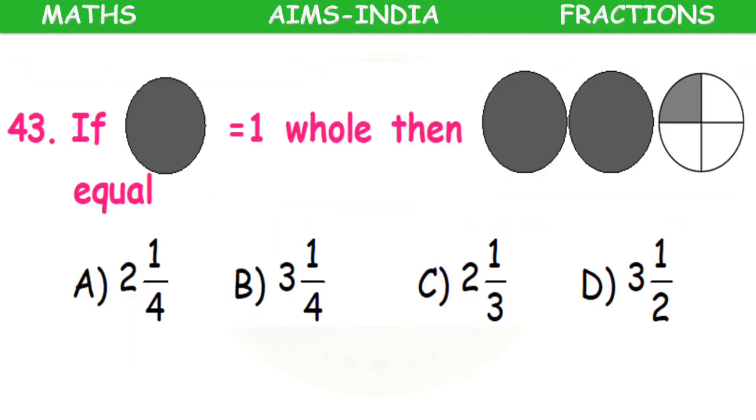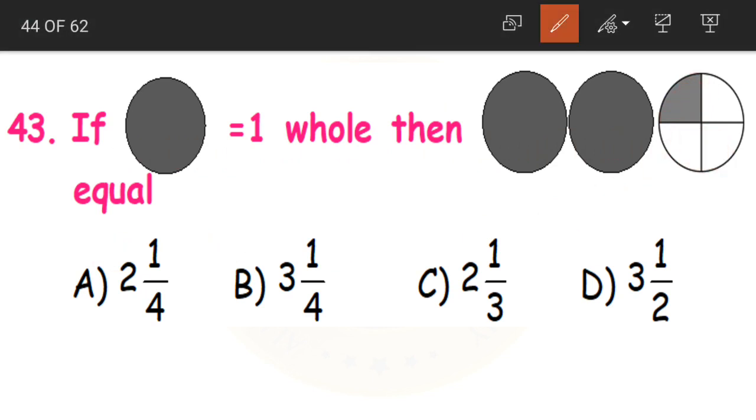Yes. Next question. If one circle is equal to 1, then 2 circles, and then we are having something here, only some part is shaded, is equal to, see, this is 1 plus 1. How many circles do we have here? We are having 1 and then 1. So we are having 2 circles, and after 2 circles what do we have? We have only 1 by 4th of a circle. Yes children, only 1 by 4th is shaded.